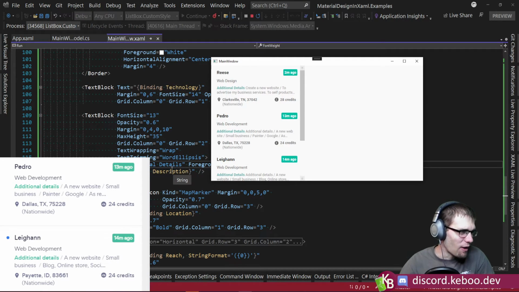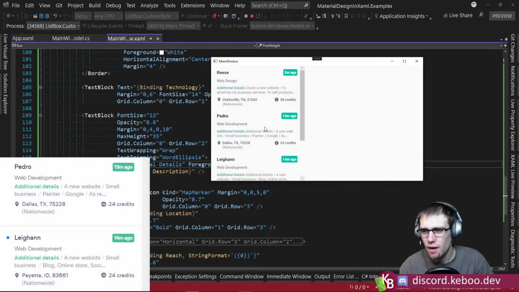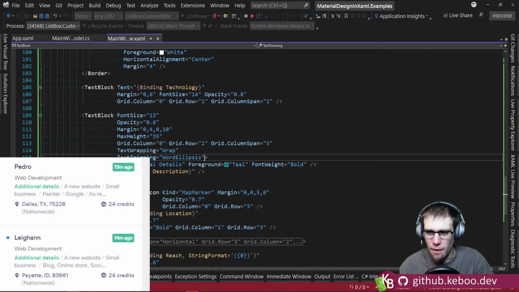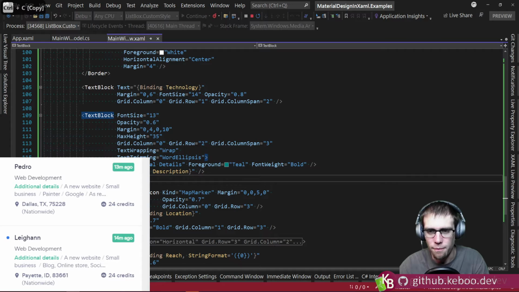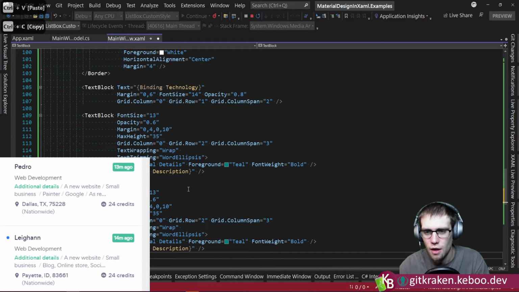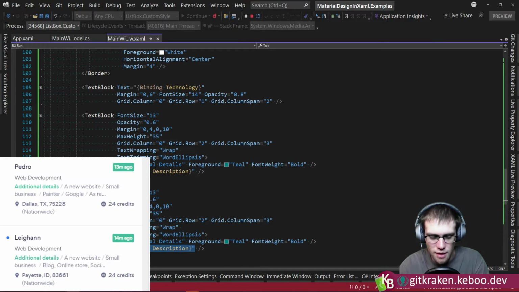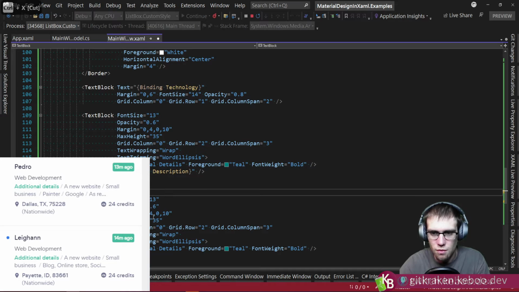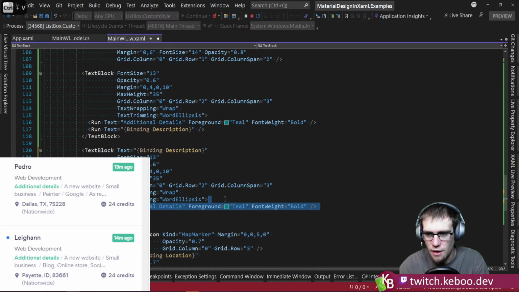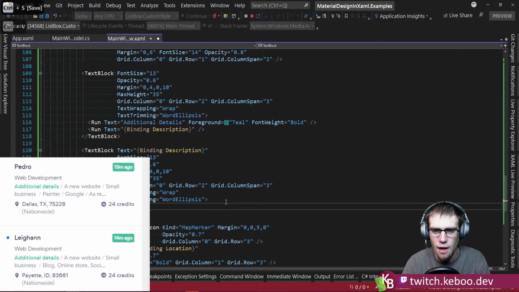Trying to decide how I want to go about doing it, because I don't want it to always show up, but I'm thinking I might just do a second text block and swap these back and forth. So if I do something like this, and then this is going to go up here, that goes like that, that goes like that, boom, boom, boom. And then what we will do is